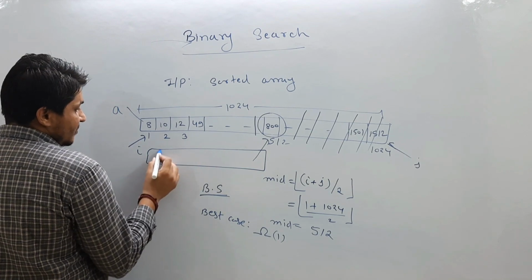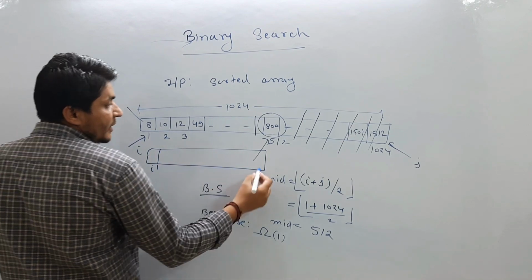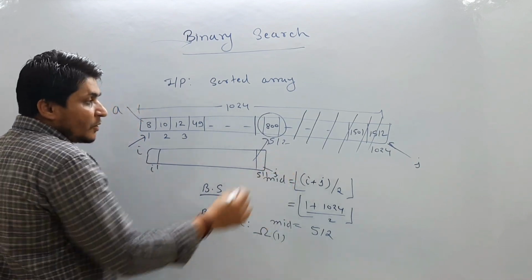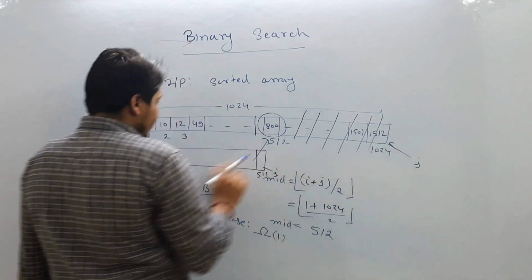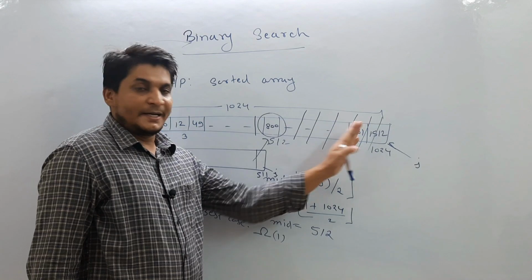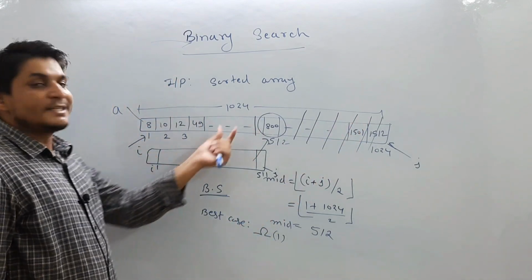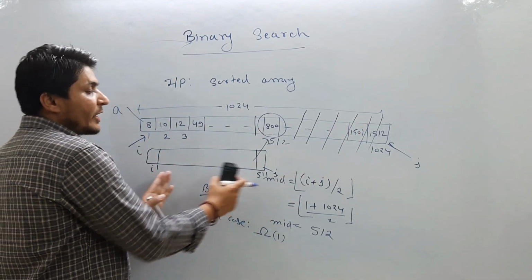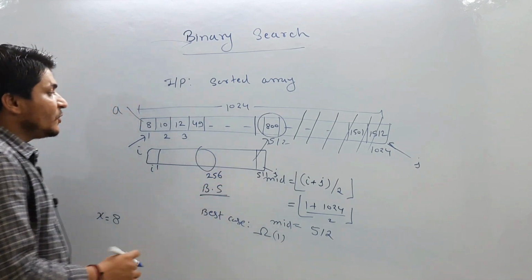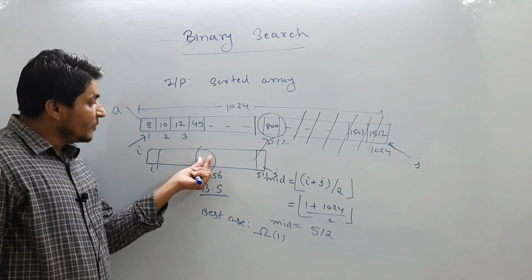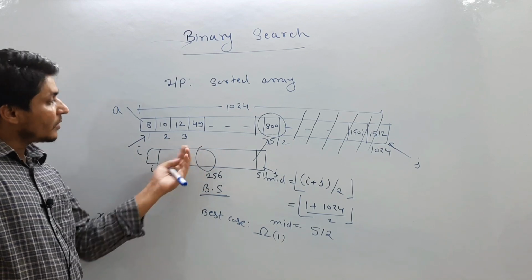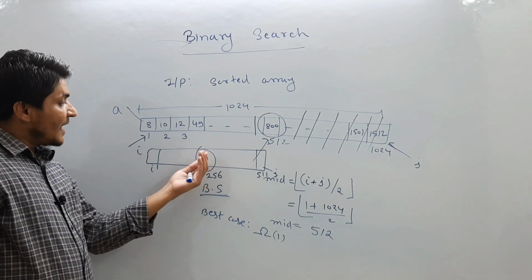So this is index number 1, and now your last index is going to be 511. You are not concerned with the elements on the right now, because 8 cannot be available on the right hand side. So now you are going to search on the left hand side. Again you are going to calculate the mid. Let's suppose your mid this time is 256. Then again you ask this mid value, are you looking for a value lesser than this or greater than this? Again you say, I am looking for the lesser.